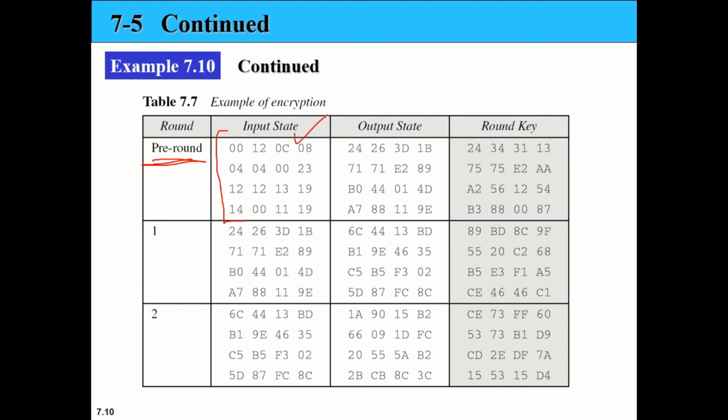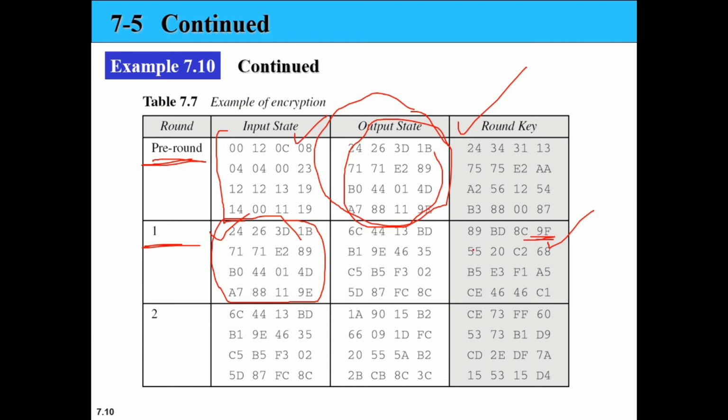So this will be the input state and this will be the round key, and after pre-round this will be the output state, right? Then it goes into round 1. Then in round 1 you can see that this output state will be acting as the input state, okay, which we have seen in the structure of AES, that the output of one step will work as the input for the next step. So for this step we'll be expanding the key and generating this round key